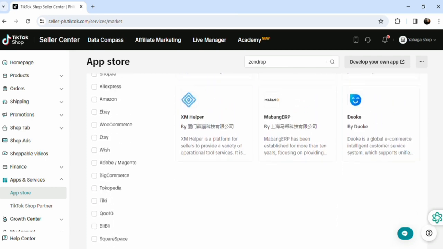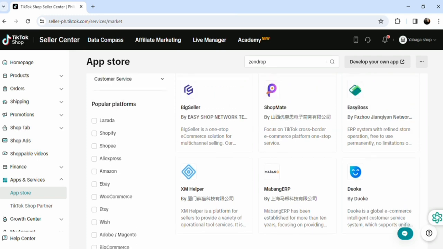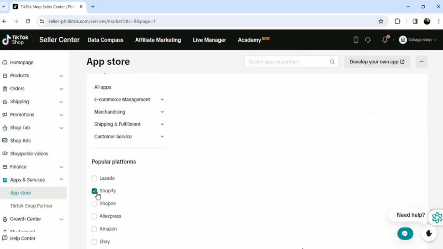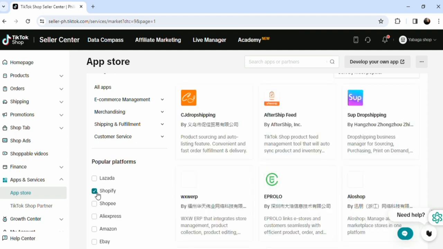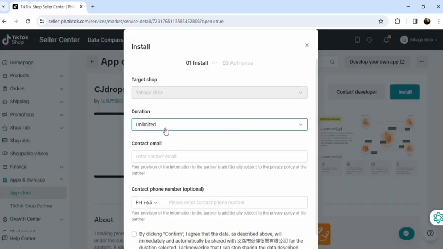Okay, so AliExpress, Shopee. I'm going to do an example on how to do this. Like this is Zendrop right here, the Shopee. For example, if you already found Zendrop here, just go ahead and click install, and they're going to be